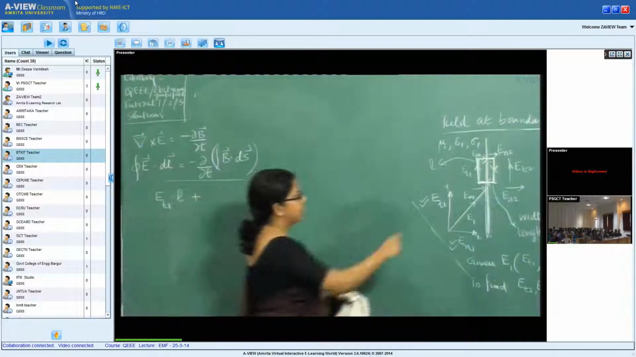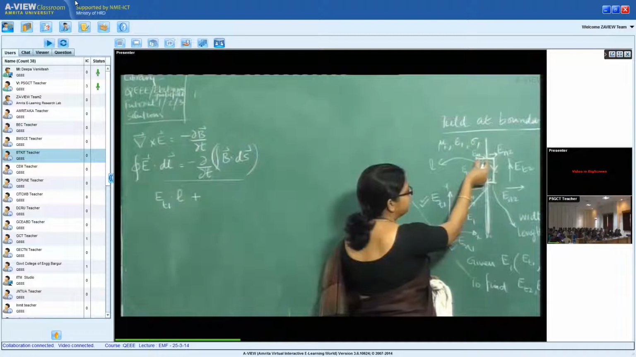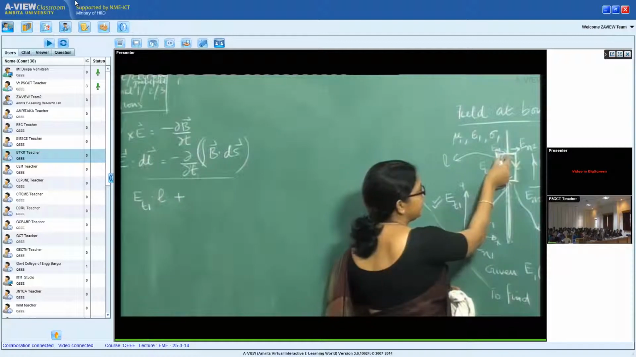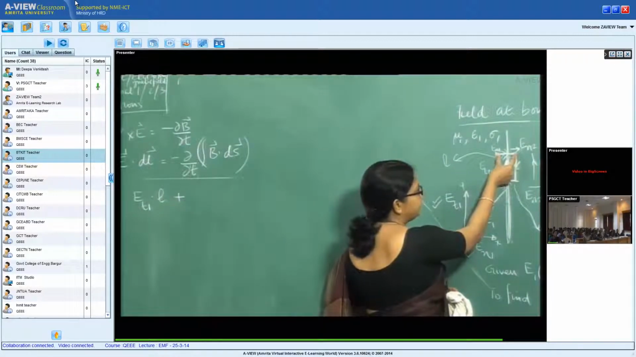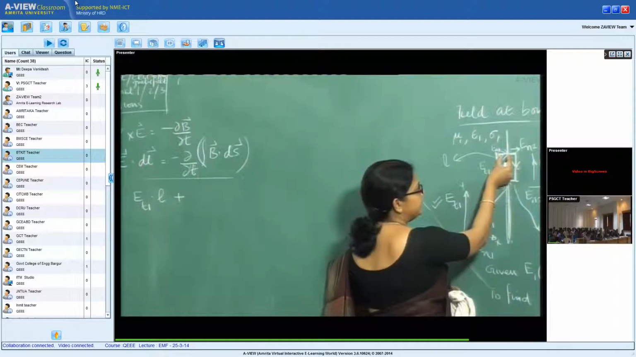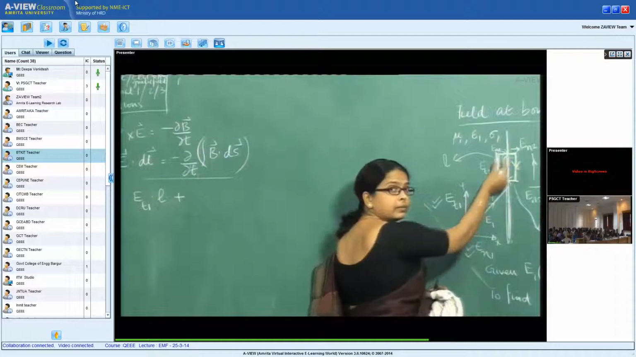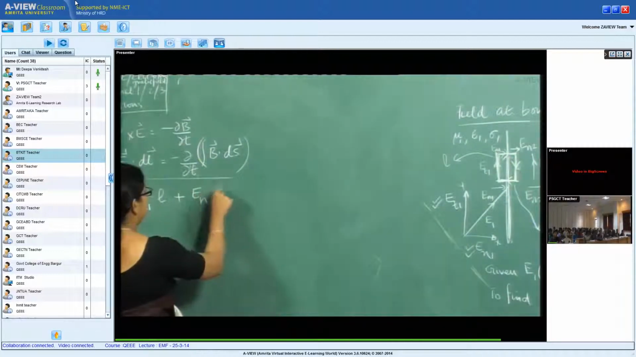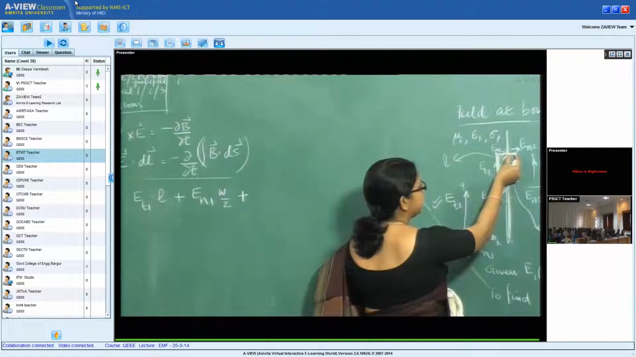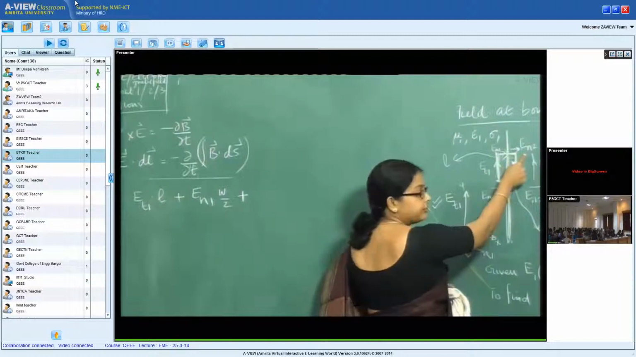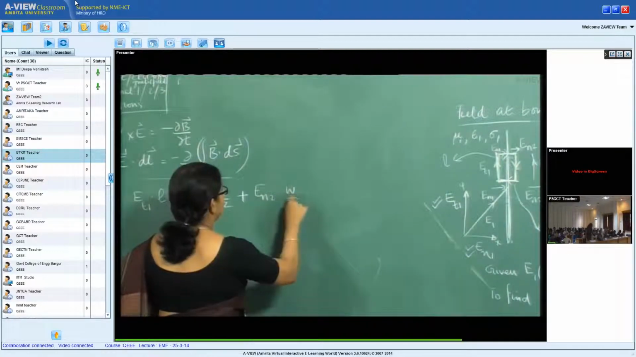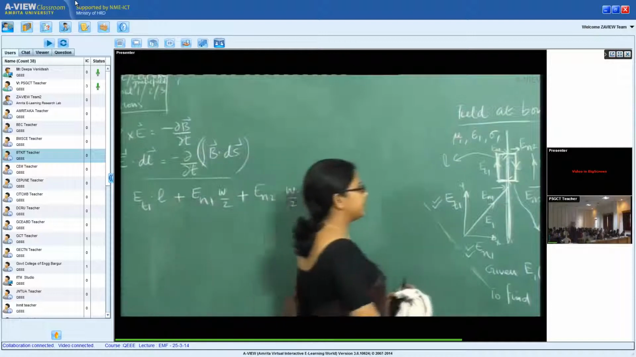plus, what is the contribution of this E dot dl? You have the normal component, and the total length is W, but remember my loop is half on this side, half on the other side. So it is EN1 times W by 2. So this would be EN1 W by 2 plus, similarly, EN2 again times W by 2. EN1 and EN2 are different. I do not know what EN2 is. So EN2 W by 2